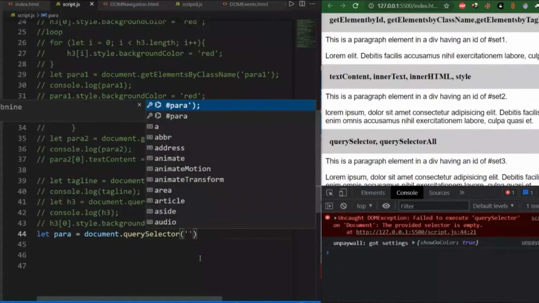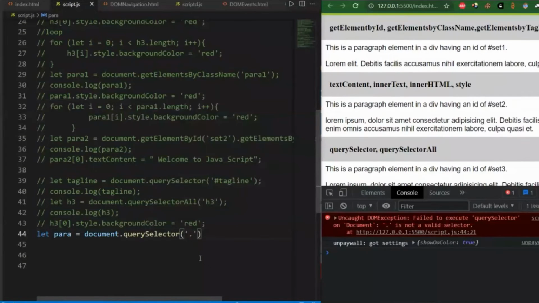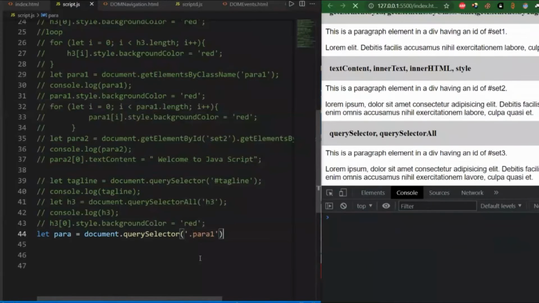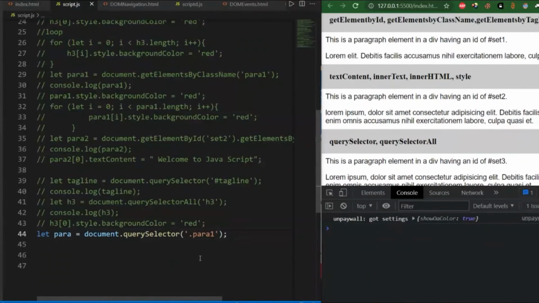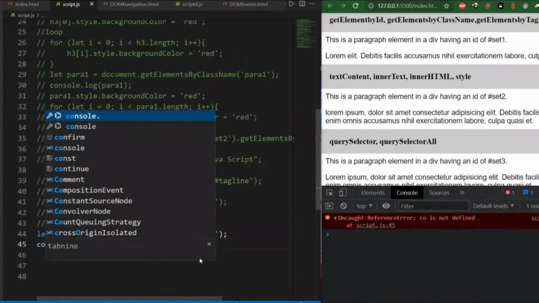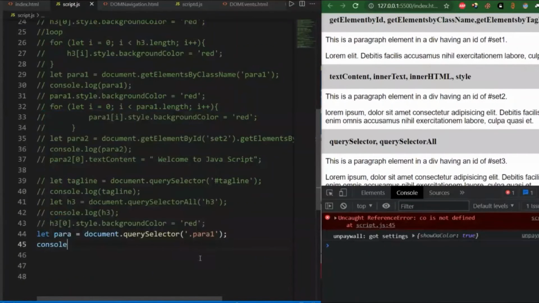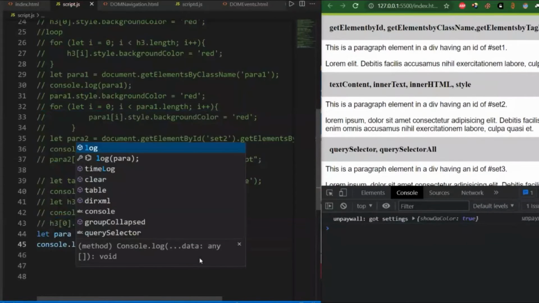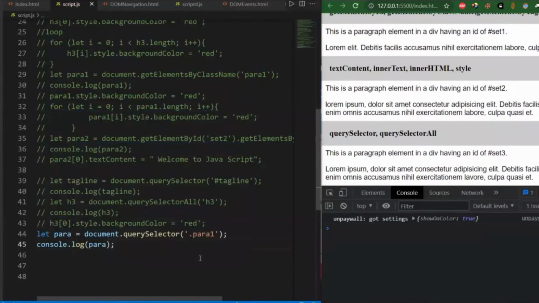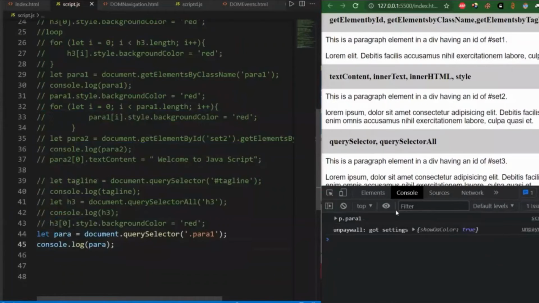Note the point: the para1 that I am passing as an argument is a class name, and a class is distinguished by a dot. So dot para1, semicolon. Now if I display it with console.log the para,